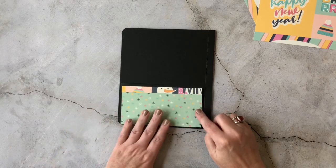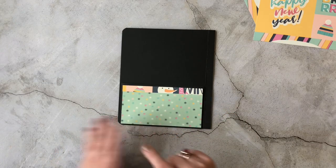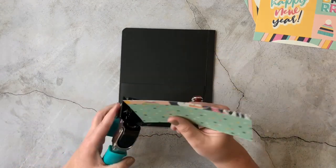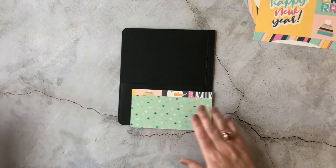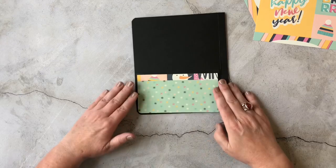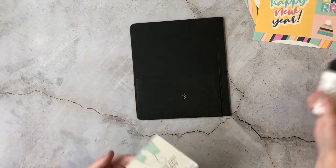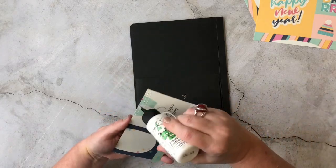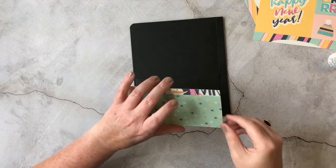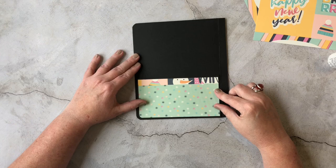This is going to go here on your pocket, but remember your pocket is corner rounded on this one side. So I'm going to grab my corner rounder and just do the bottom left-hand side, because that's the only one that was corner rounded on the base, like so. And I'm just taking this and I am centering it on the pocket, top to bottom, left to right, just like so. So next time when you see this piece of paper in February, you'll know, okay, I'm just going to corner round just one side of that on the bottom left,